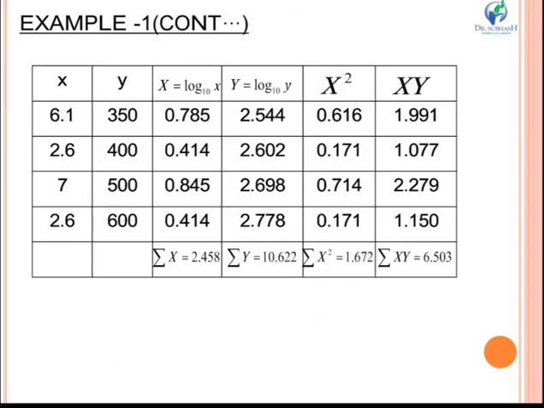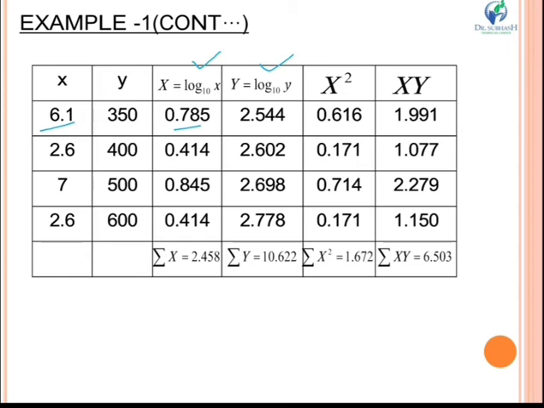First I will construct a table. First I will write x and y, small x and small y, which are given to us. Next, here capital X and capital Y, both are capital, and I have to find the logarithm of both. So I will construct two more columns here, that is capital X and capital Y. Here I have to consider log while calculating in scientific calc. So find log of 6.1, we get 0.785. Similarly, we'll find the logarithm of all the values of x and y, and we substitute in these columns.